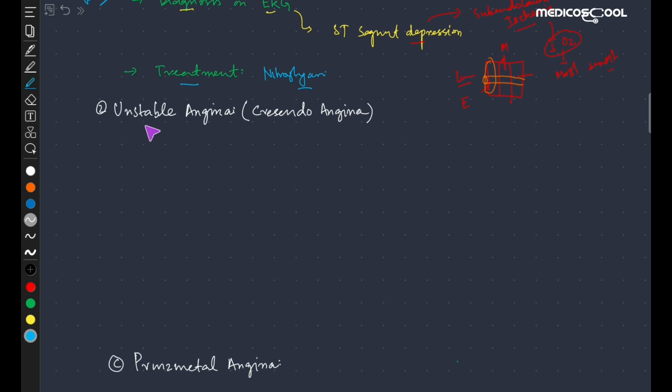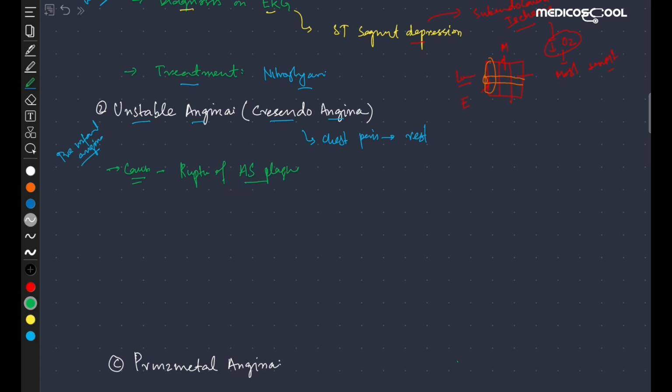Now coming towards the second angina, which is the unstable angina, also known as the crescendo angina or the pre-infarct angina. These are some names for the same unstable angina. It is the chest pain which can occur at rest. And what is the cause? It is due to the rupture of the atherosclerotic plaque,